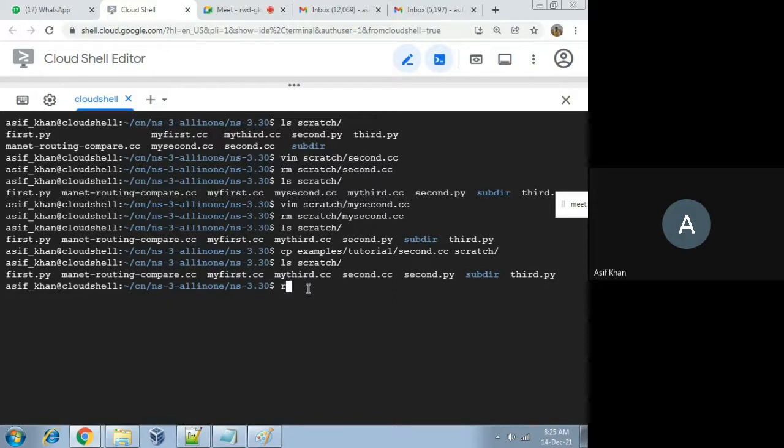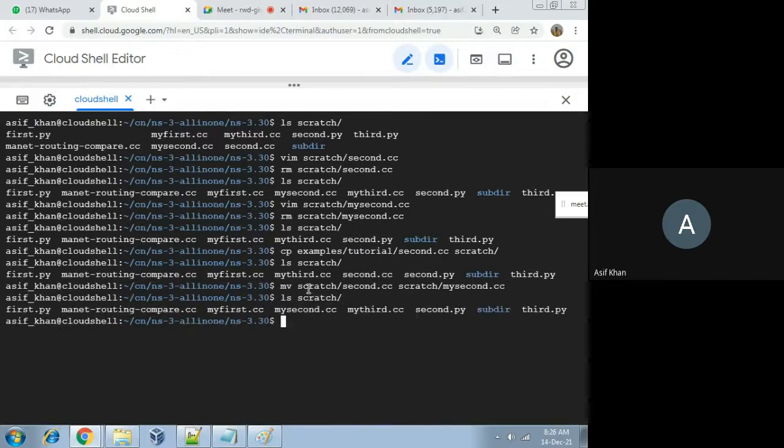The rename command is mv, space, scratch second.cc, space, scratch my second.cc. Okay, you can check scratch: my second.cc is present now.